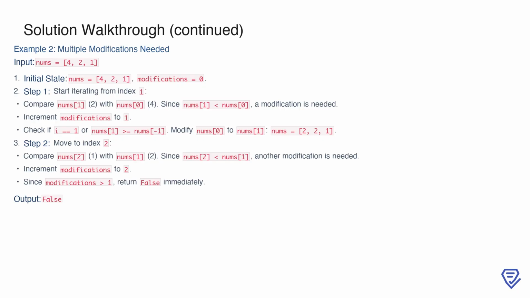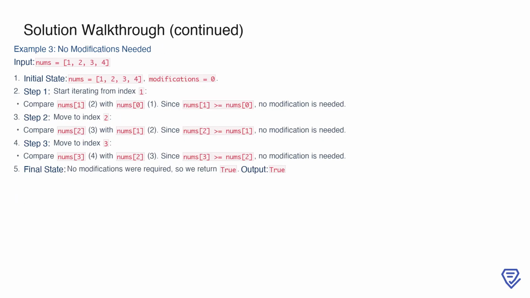We increment modifications to 2. However, because modifications is now greater than 1, we immediately conclude that it's not possible to make the array non-decreasing with at most one change. Therefore, we return false. In this example, the input array nums equals 1, 2, 3, 4 is already non-decreasing, so